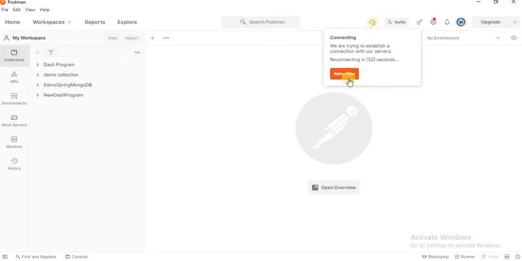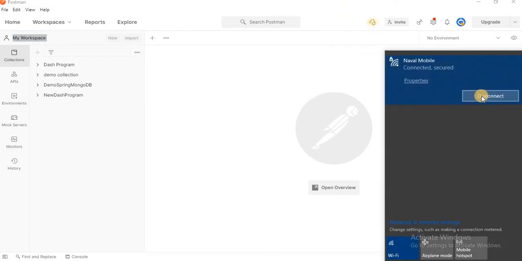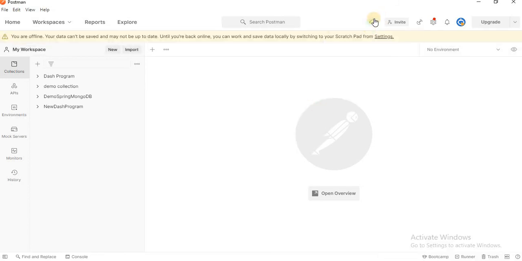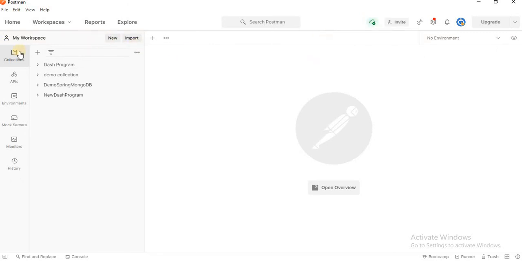I'll just restart now. My Postman is connected to the cloud. If there is an internet issue, then it will not work. Okay, let's disconnect and connect again. Okay, it's synced and connected.